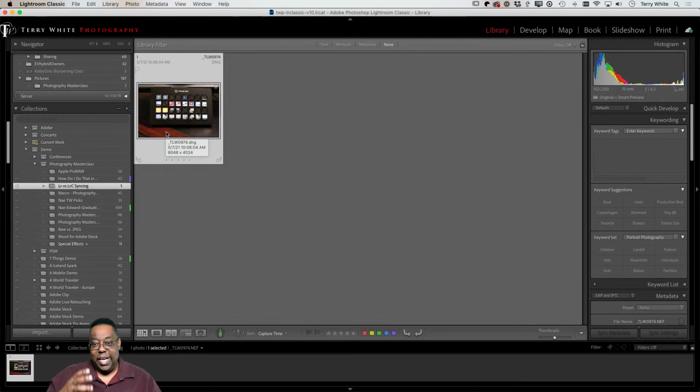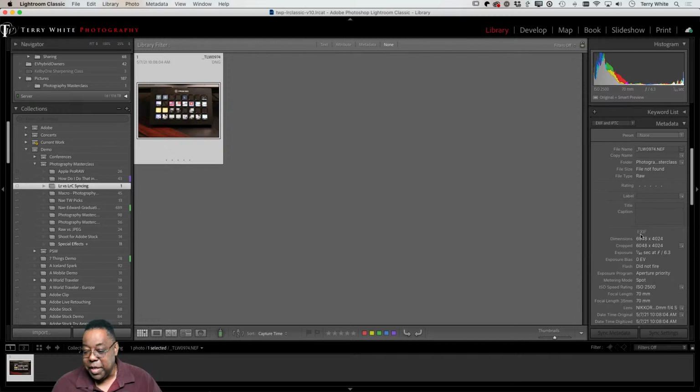Lightroom has had a Lightroom cloud for years and years and years that Lightroom Classic, even before it was called Lightroom Classic, could take advantage of. But the difference is in Lightroom Classic, even if I choose to sync this to the cloud, it's not syncing the full resolution of the image. It's syncing what's called a smart preview. So for example, if we go look at the dimensions of this photo, there we go.